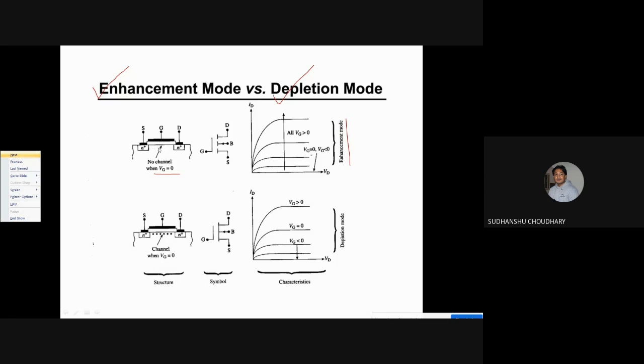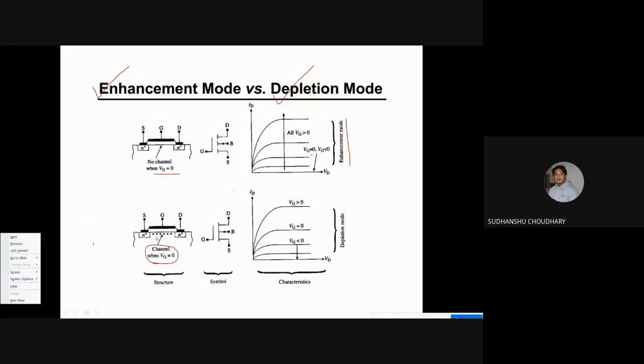So here, if it is enhancement, we say that there is no channel. But if it is depletion mode, then the channel still exists. When VG is 0, you haven't applied anything, but still the channel exists in between. That can happen because of some ion implantation. We are purposely trying to make a channel even if VG is not equal to 0. So the depletion mode MOSFET has a channel present even at gate bias 0, and in enhancement mode, you have no channel when VG is 0. That is the difference between enhancement and depletion mode.